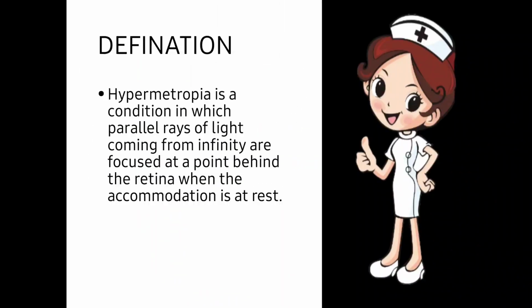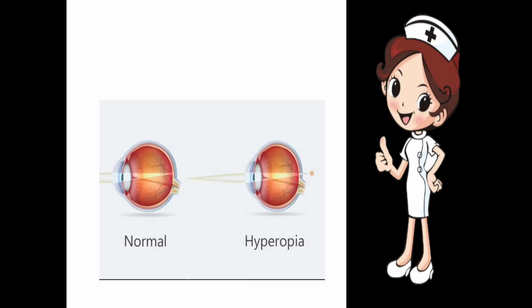Hypermetropia is a condition in which the parallel rays of light coming from infinity are focused at a point behind the retina when the accommodation is at rest. So let's see here. It is a normal eye. Parallel rays of light are coming from infinity, which means very far, and they are focused on the retina in the normal case. But in case of hypermetropia they will focus at a point which is behind